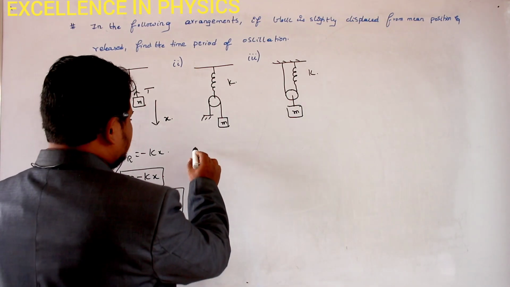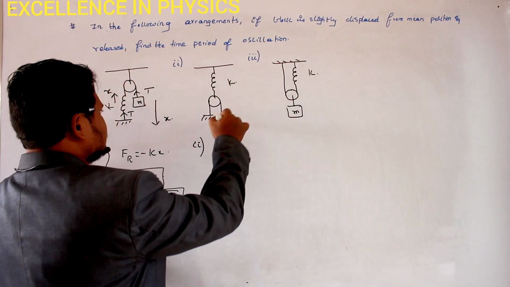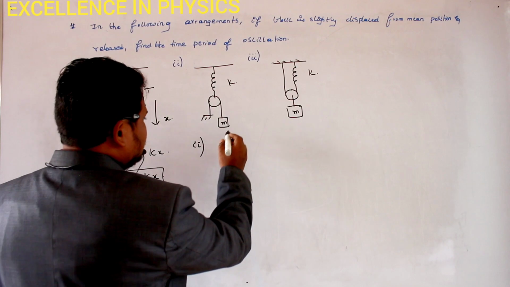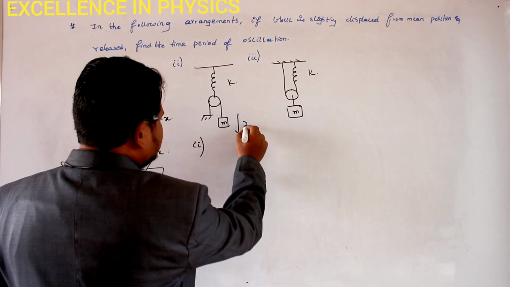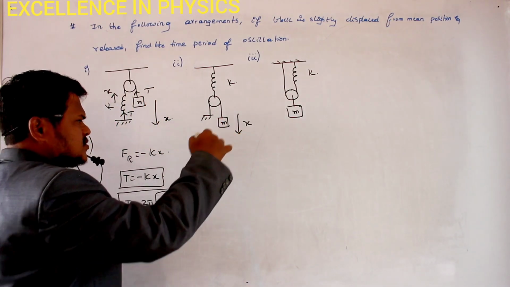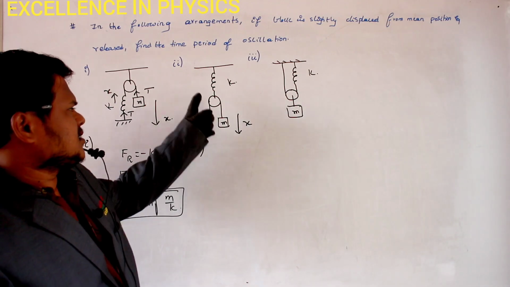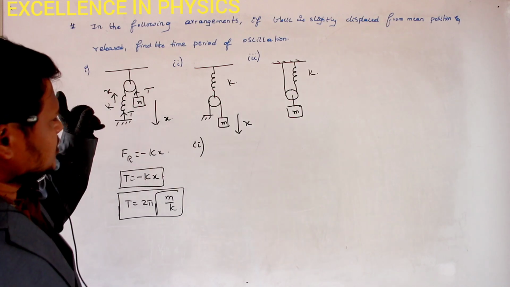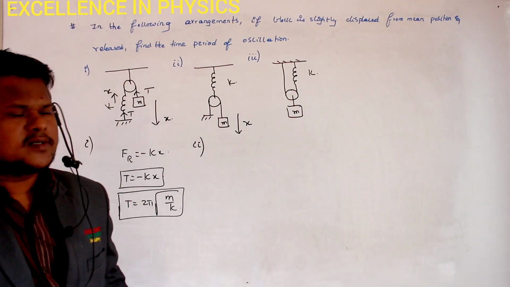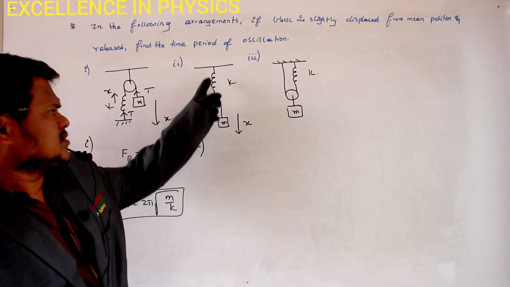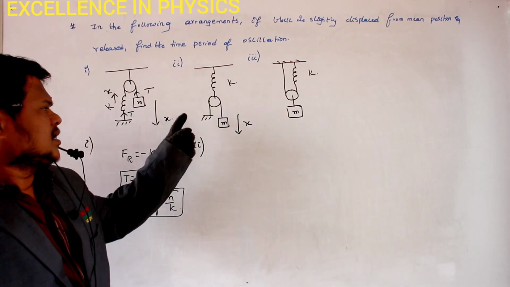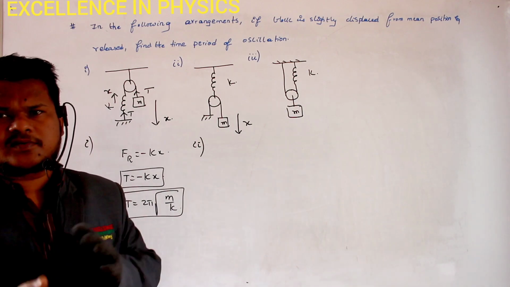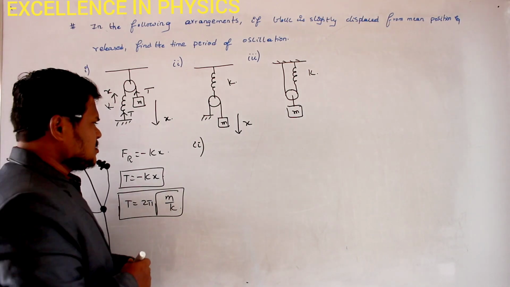Now let us see how we can do the calculation for the second question. This is the second question. Clear? Let us assume this mass has come down by a distance of x. If this mass goes down by a distance of x, what is the elongation produced in the spring? Here the elongation produced in the spring will not be equal to x. What is the reason? Because this string and this spring are different. Clear? And similarly here I have a movable pulley. So I have to use the concept of constraint relations. How can I use it?